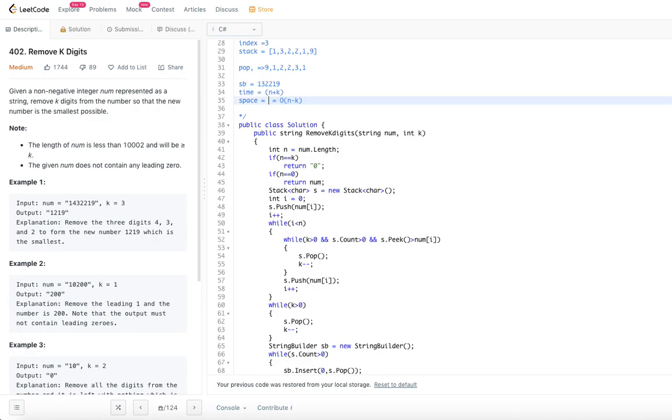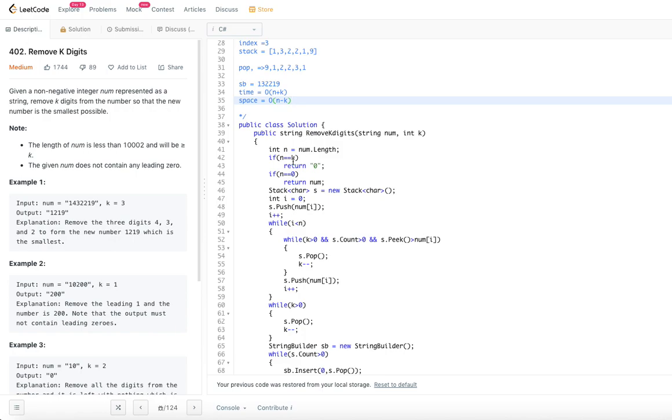We will take this off and just have order of n minus k. Since big O notation is always about no constants, instead of order of 2n minus 2k, I removed the 2s from there, and the space complexity will be order of n minus k.